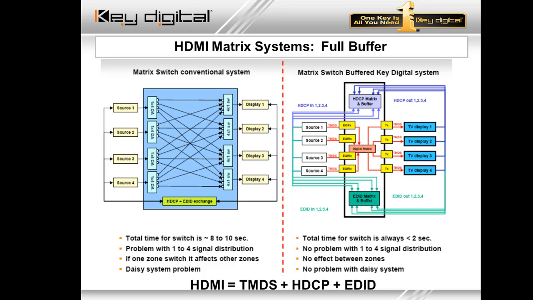A lot of these companies out there said, hey, we know how to make a matrix switcher. You use a combination of distribution amplifiers and switchers, not acknowledging that there are 2 other layers, because that old school way, that conventional system way, only distributes and switches the video and audio portion of the signal. And essentially what happened when they carried over old technology into the new world, they created a direct channel of communication between the displays and the sources and vice versa,